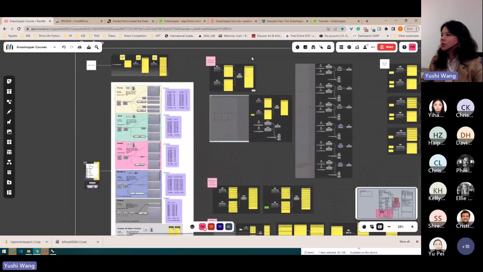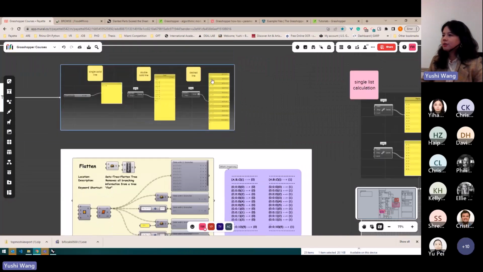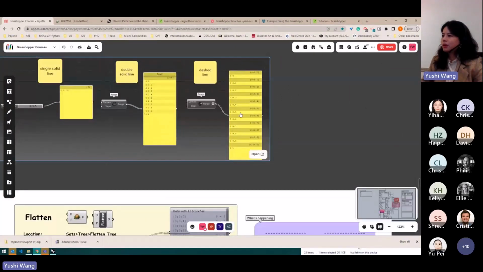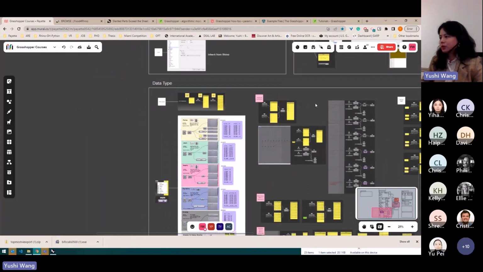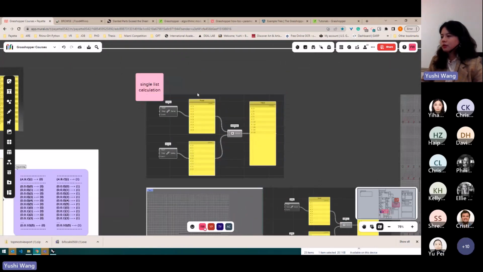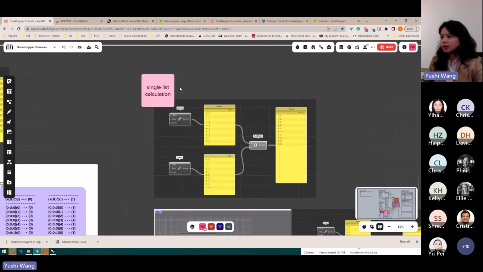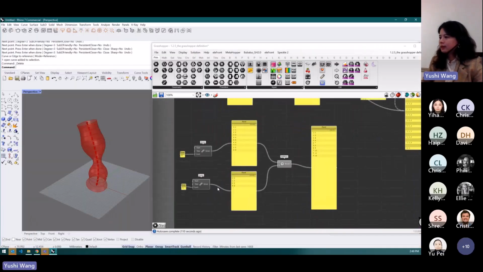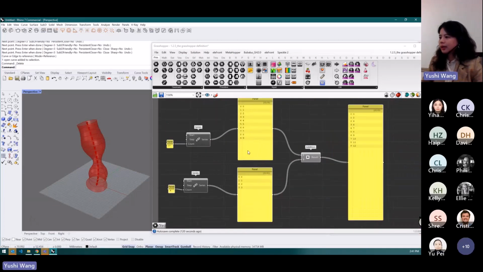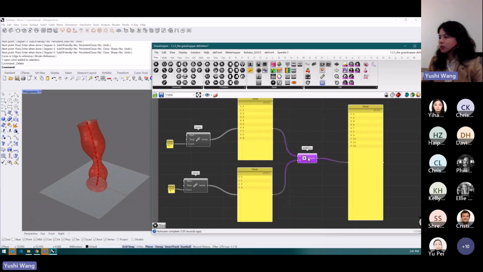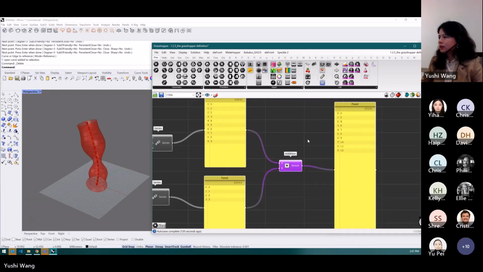And after that, now we know there are different kinds of data structures, like one branch, one branch with multiple data items, or multiple data items in multiple branches. So how can we combine or calculate with those kinds of data? First, we are going to introduce single list calculation. So let's jump back like this. We have data from 0 to 9 and 0 to 3. So after we use add, it looks like